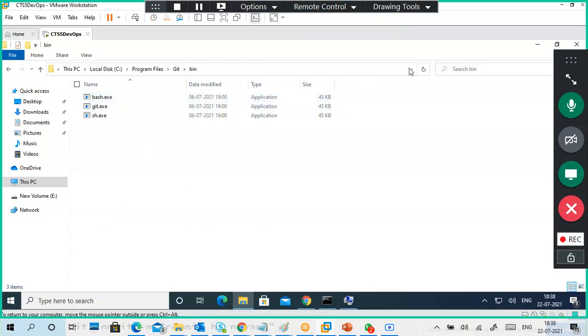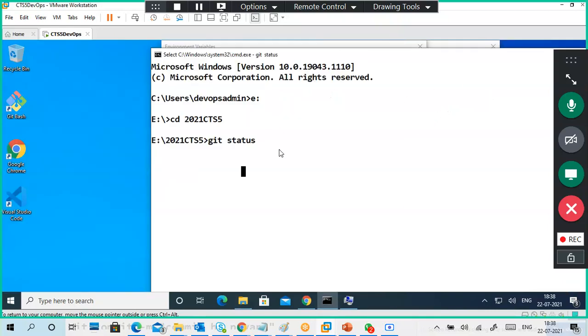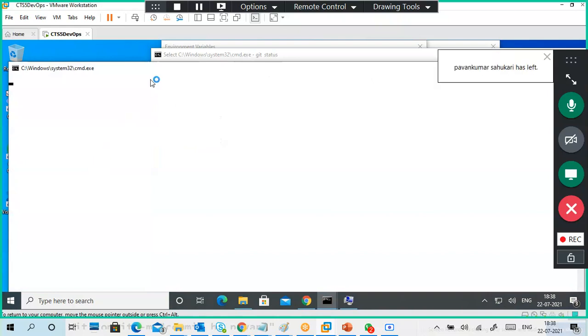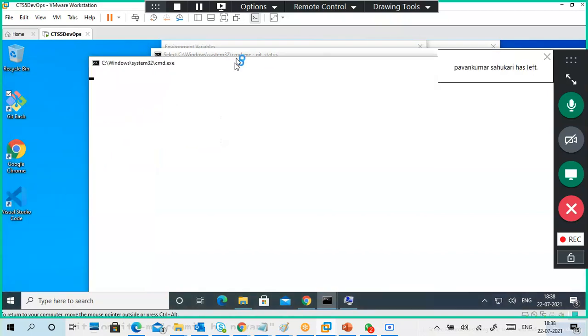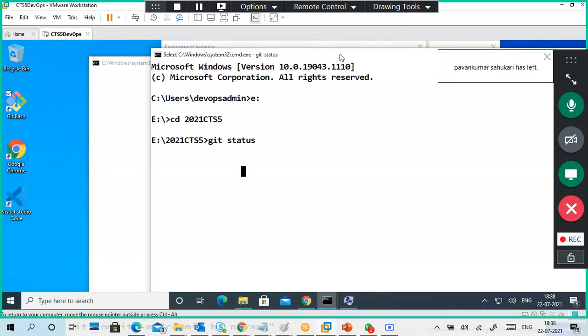Git is there. Is that the problem? Why is it in processing mode?